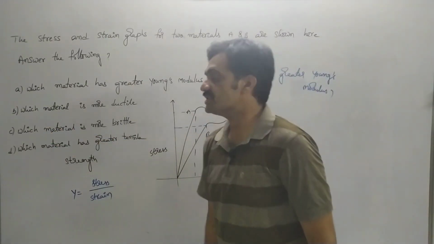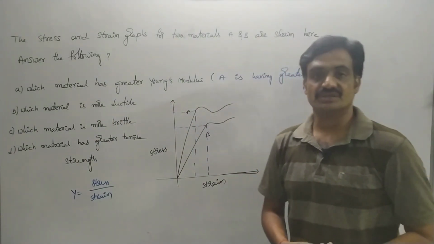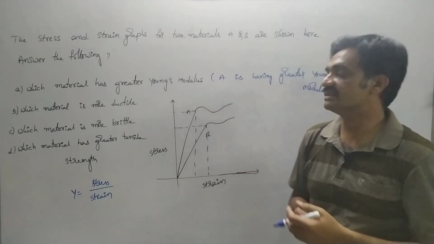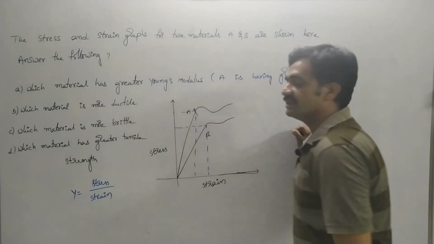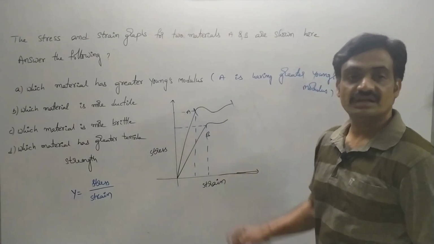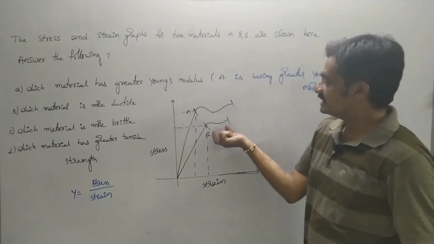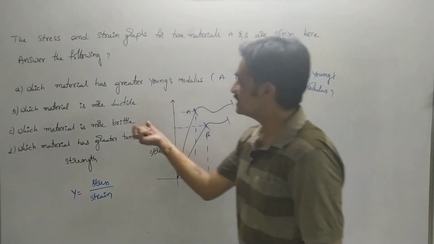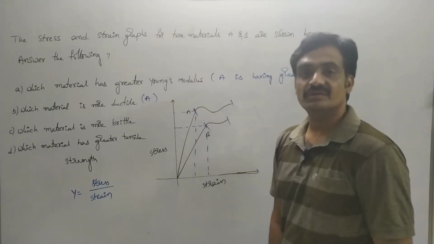Also the second question, which material is more ductile? And we had discussed about this ductile nature. If the deforming is more in between elastic limit and plastic limit, then we can consider the material as a ductile material. Observe that here the ductile nature is from this point to this point for A, and for B it is from this location to this location. Since B has less deforming nature as compared to A, we can represent A is ductile as compared to B.